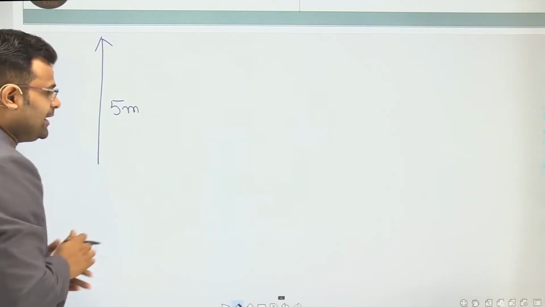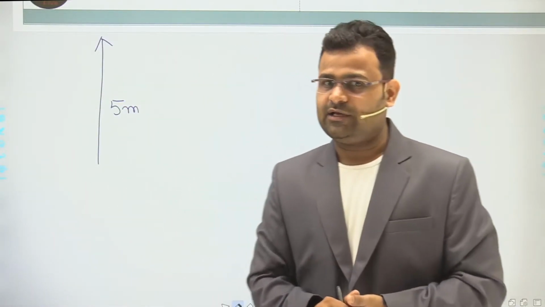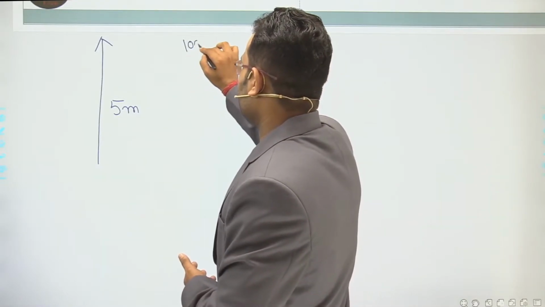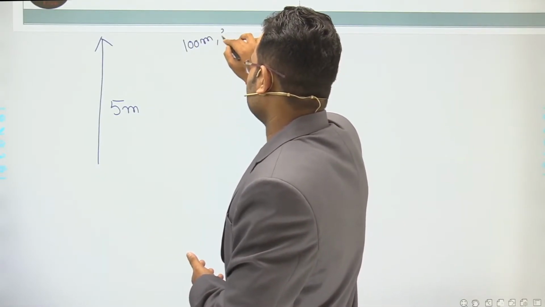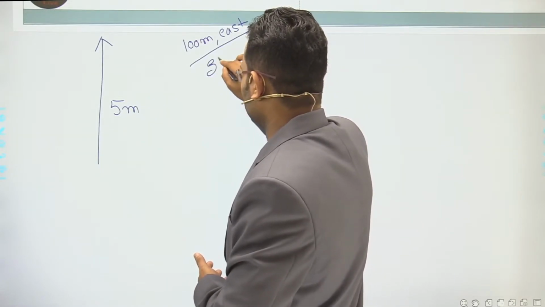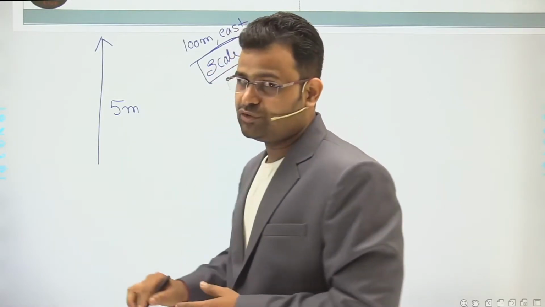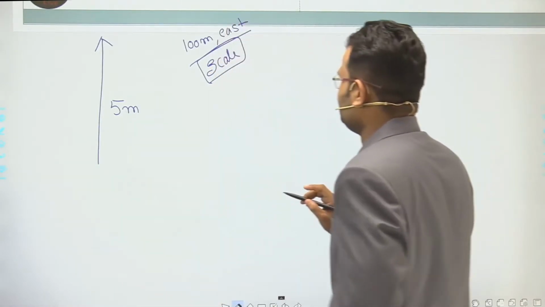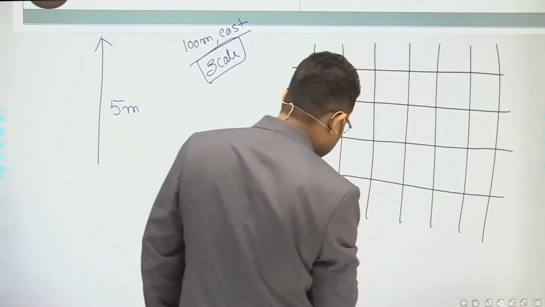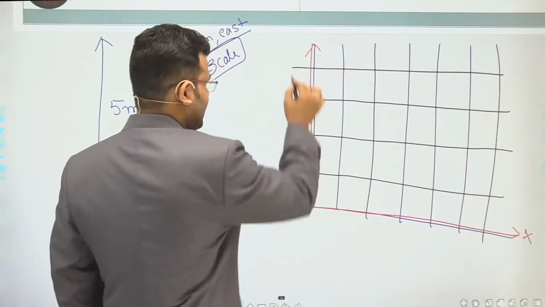But dear students, sometimes the question is to draw the line of 100 meter, 100 meter east. Then how can you draw it? At that time, dear students, we use a scale, as you did in the 8th standard also. What is the scale? At that time we use